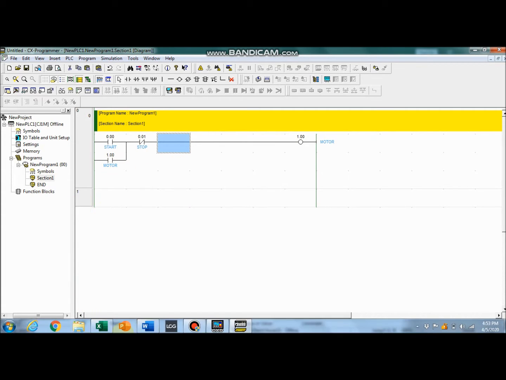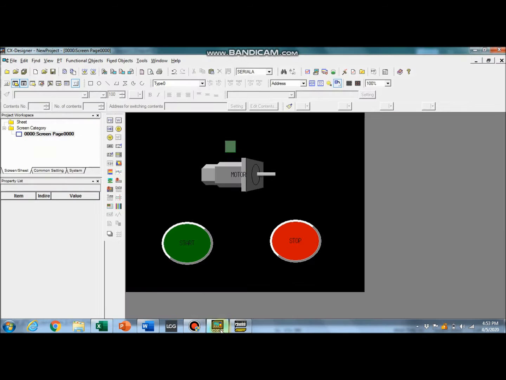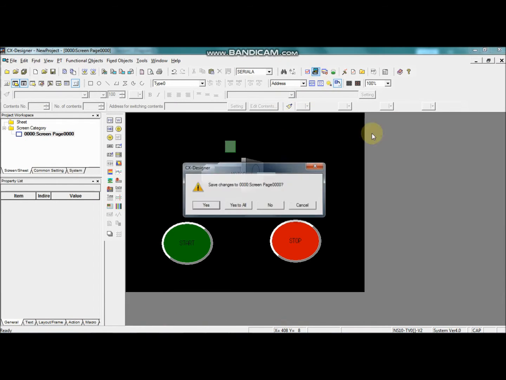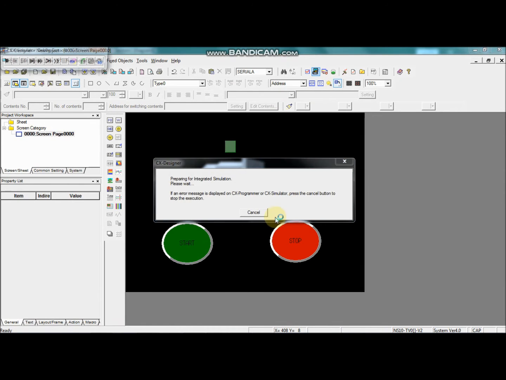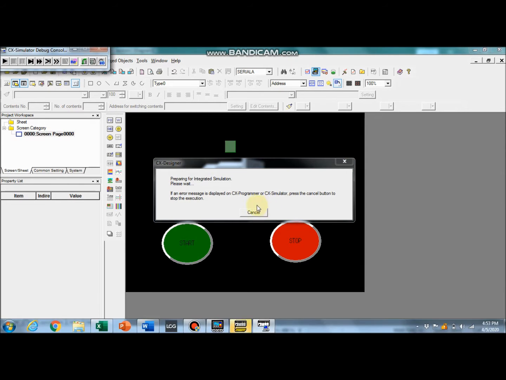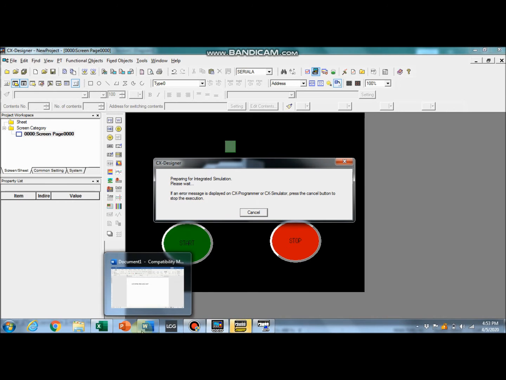So we will try to run this using the simulation from CX Designer.